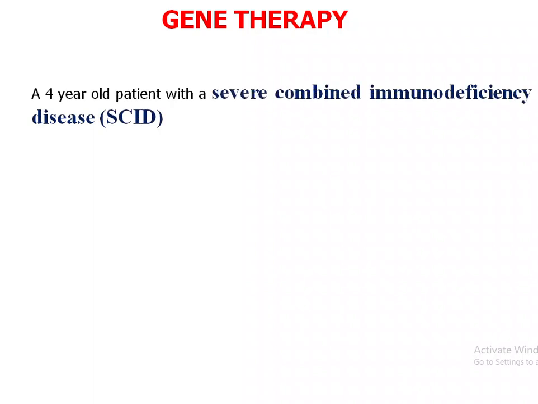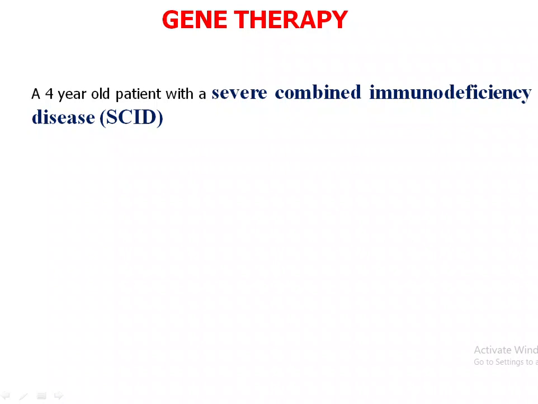Gene therapy was first tried in 1990 at the NIH in Maryland to treat a 4-year-old patient with severe combined immunodeficiency disease, commonly called SCID. SCID is caused by genetic defects that affect the function of T cells. Depending on the type of SCID, B cells and NK cells can also be affected. There are several forms of SCID. Here I am discussing the form of SCID